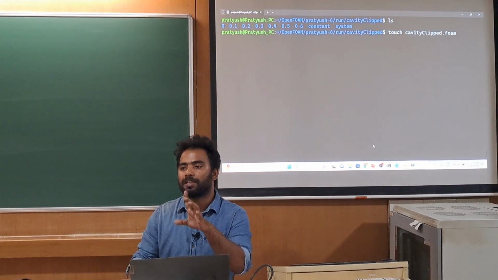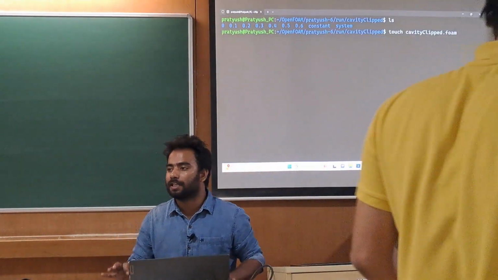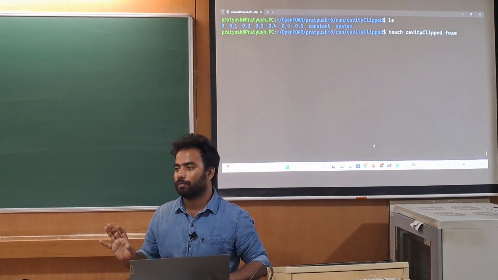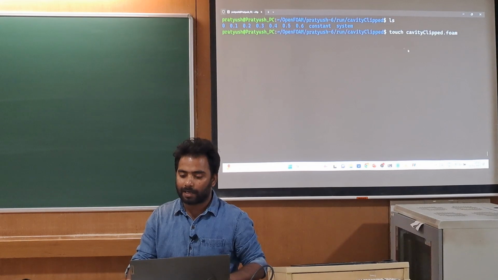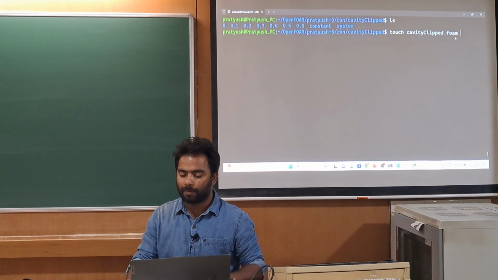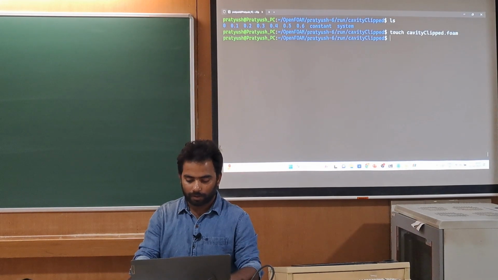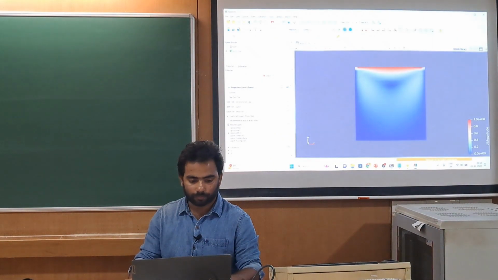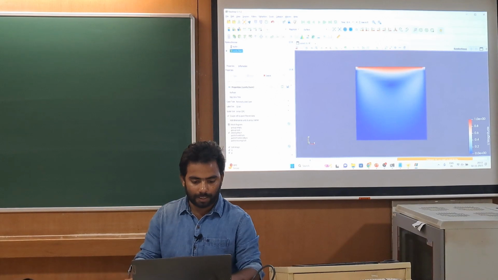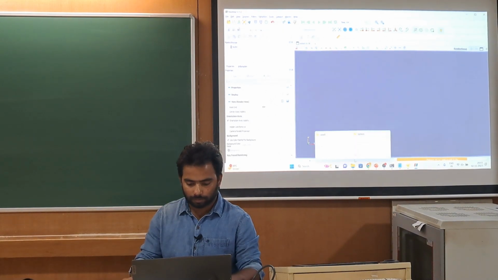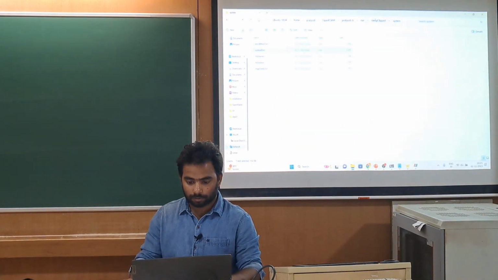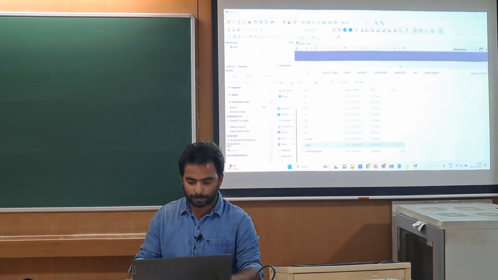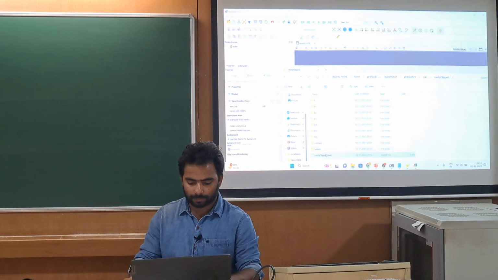This dot foam extension is important if you want to see the result in ParaView. Okay. So we are creating one file with the name of the dot foam extension. So there is a dot foam again present here. We can delete this one. We can copy this dot foam again.